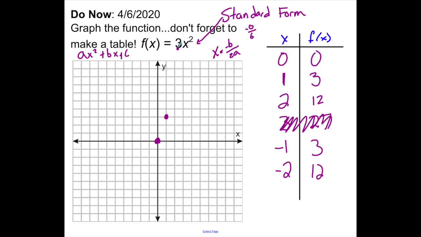And if I'm going to do a little guesstimation there, okay, it's very narrow. And if I compare this to the parent function, 0, 0, 1, 1, 2, 4, 3, 9, and with the negatives as well, okay,